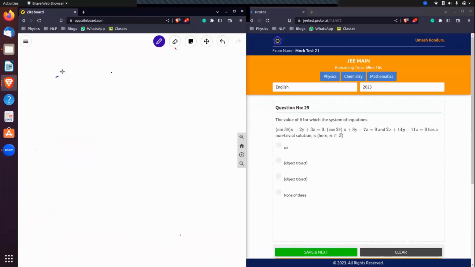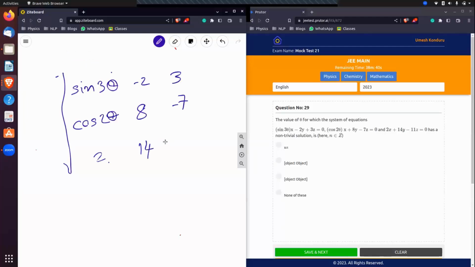Okay, this is a similar question. So again, you just have to equate this determinant to 0. It's 11. Okay, so in order for this to be 0, I'm not really sure what the options are here, so it would have been easier if we had options. Let's just check if n pi does work. So if theta equals n pi, this becomes 0